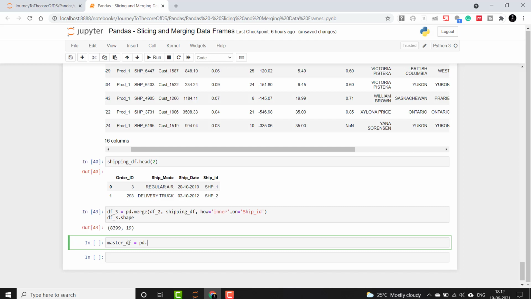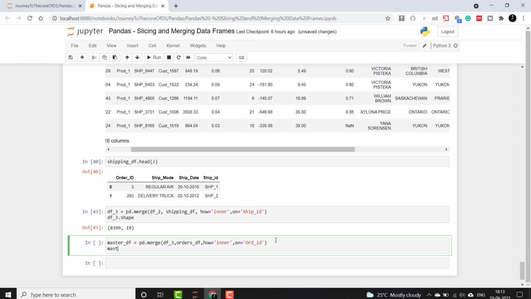So I will say pd.merge and then supply here df_3 as the first argument and orders_df as second argument, and then we'll say how as inner and on as order id, okay, which is the common column between these two.